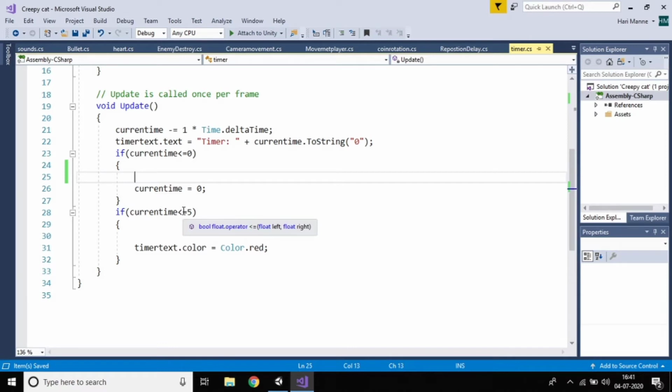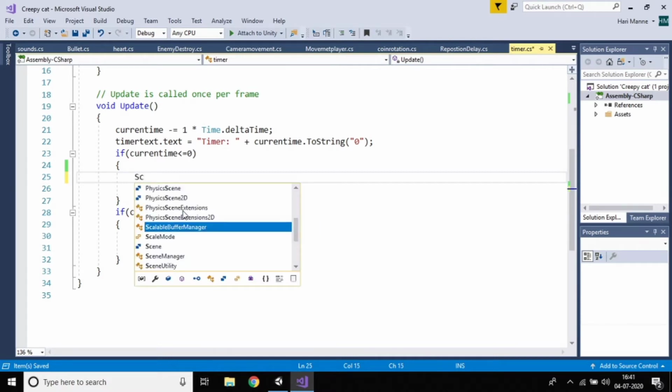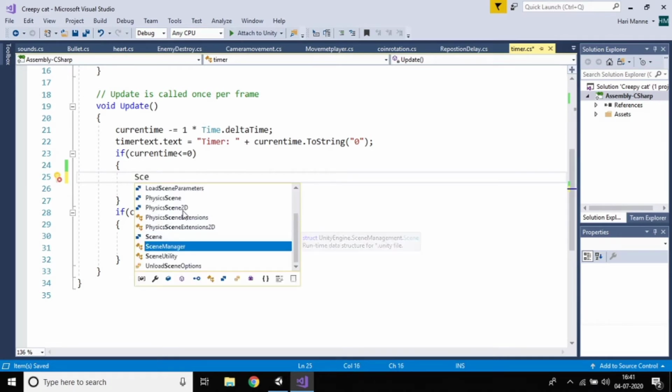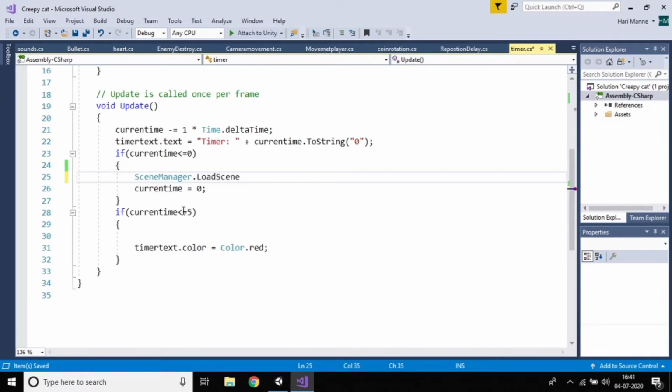If your time is over, automatically you have to load the scene, right? So SceneManager.LoadScene.